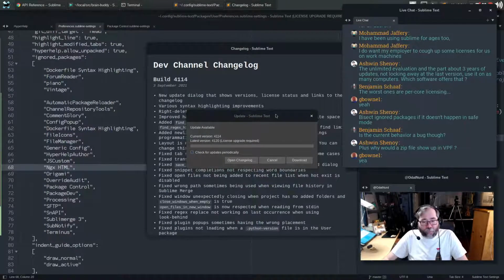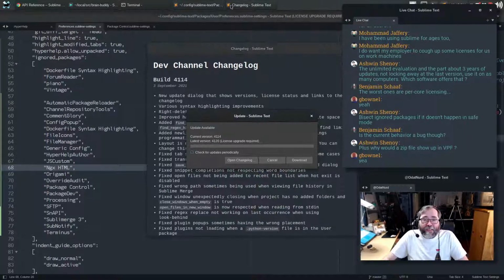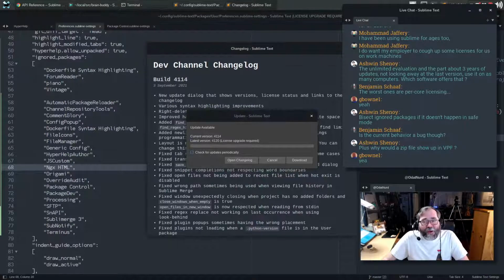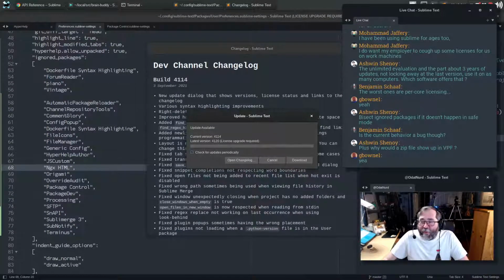Tricky. Can I even quit this now? I don't think I can. I can't interact with this window, and I can't interact with that window because I get the feeling that they're both modal or something.